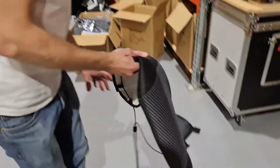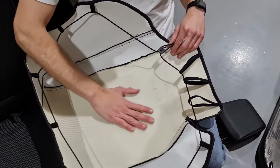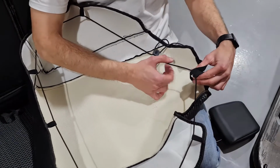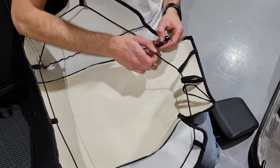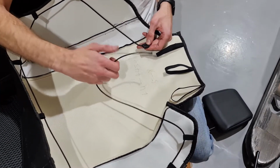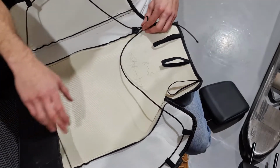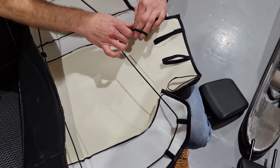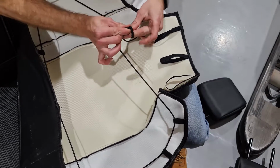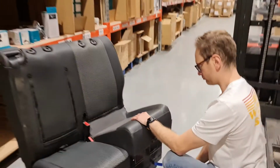Take the last base cover. On this cover, the elasticated string that holds it together needs to be unfastened before installing it. This is done by pulling the string through this mechanism. Just to make life a little bit easier here, tie the string in a knot to keep it all together. Again, lift up the seat